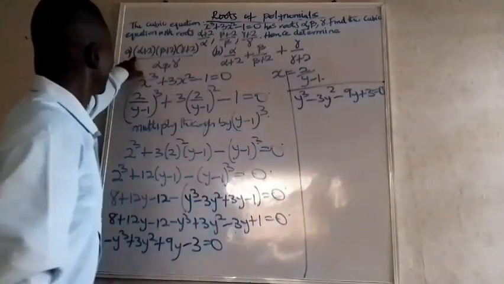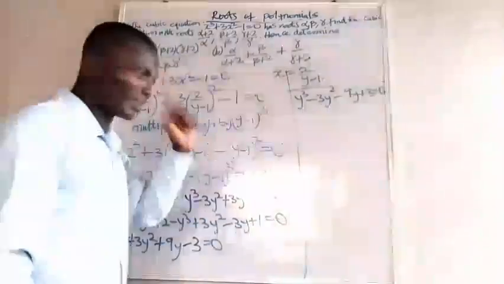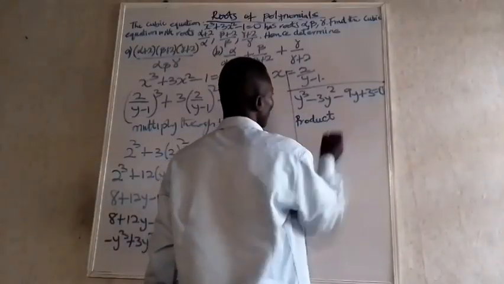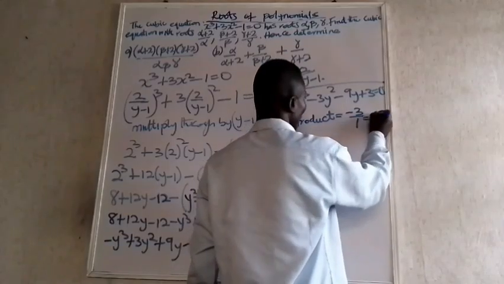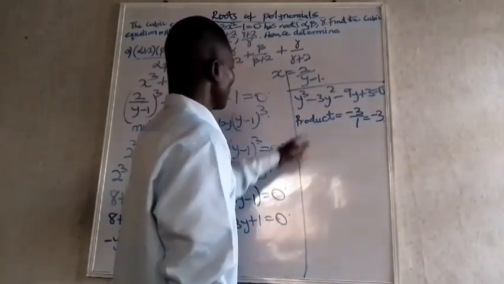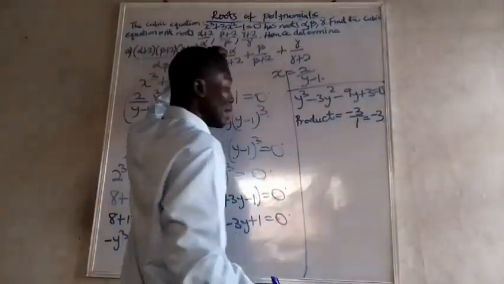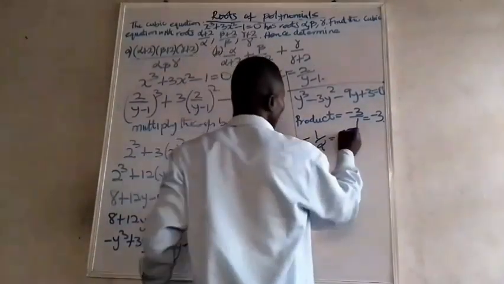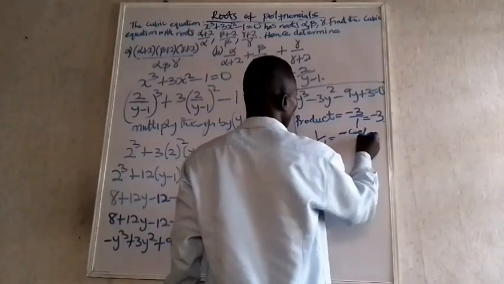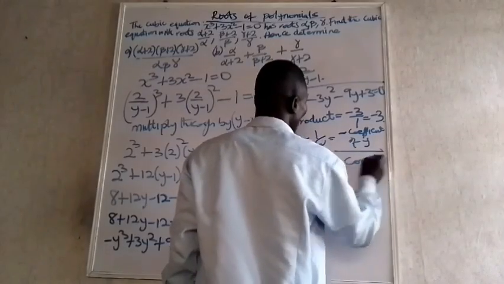Now we have to find alpha plus 2, beta plus 2, multiplied by gamma plus 2 over alpha, beta, and gamma. It is the product of all these roots. So to find the product, it's going to be minus 3 over 1. That's minus 3. That is minus 3. Now, this is the reciprocal. That is the summation of 1 over alpha. And that is going to be minus the coefficient of y over the constant. And that is equal to minus